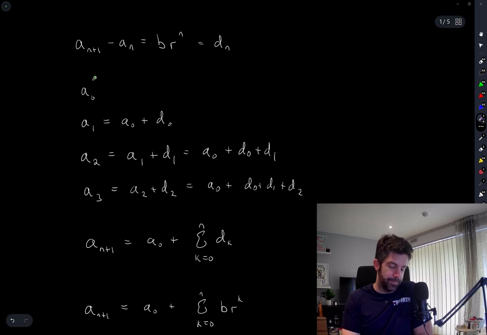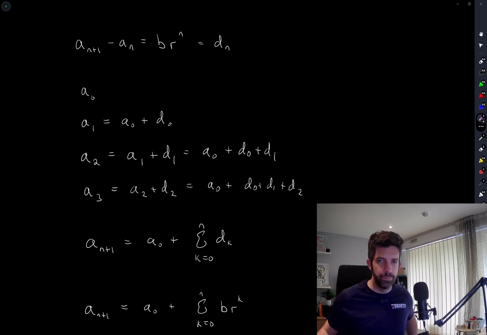And then realizing that if you're given an expression for the difference between any two terms, then you can use that to extract the value of any one term, which is essentially a sum of all those differences. And because we knew the differences themselves were geometric, this is just a geometric series, which is pretty